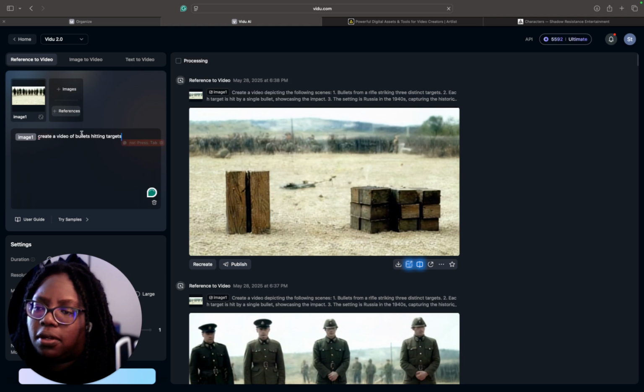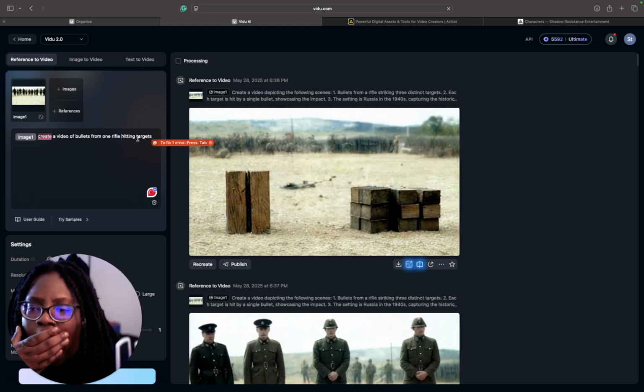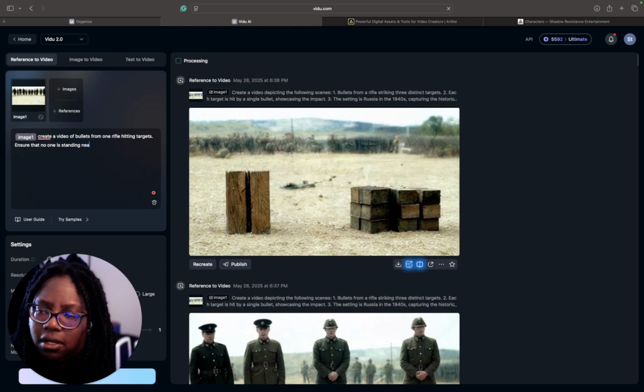Okay, and I'm going to go ahead and add on here bullets from one rifle hitting targets. Ensure that no one is standing near the targets.